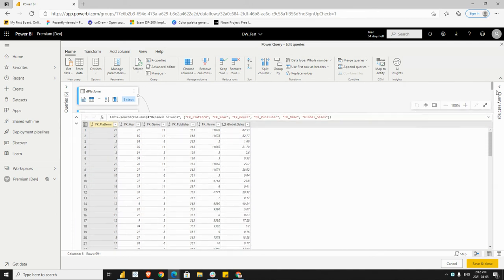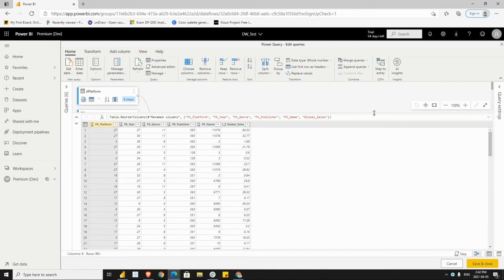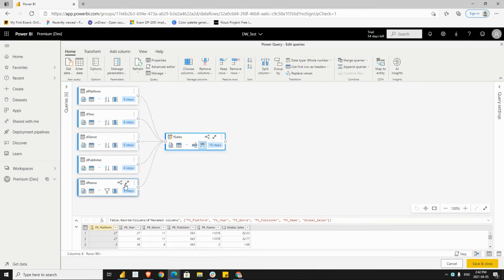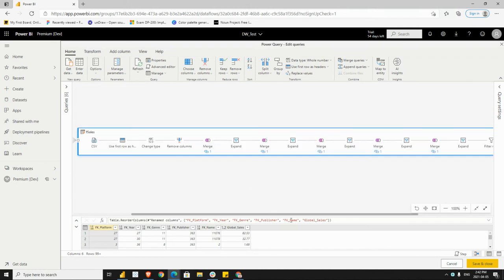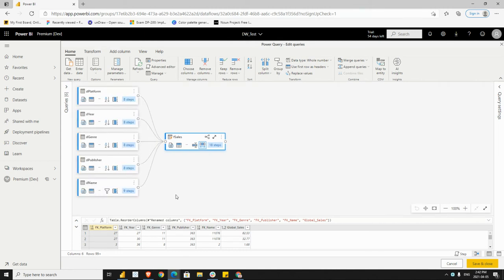this here on the side, the query settings. So these steps are these steps here. If you enlarge it, you'll be able to see them. And then the fact table, if you enlarge all of it, you'll see all the steps that we took here to create it. A fun thing that you can do is essentially getting the dataset, transforming in Power